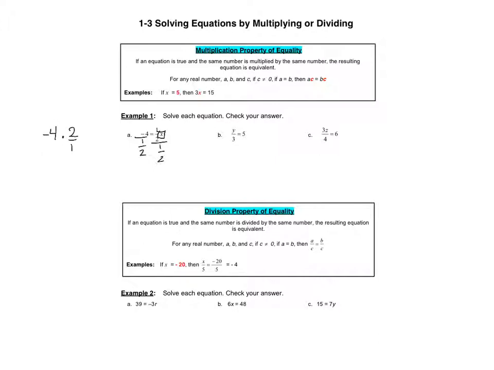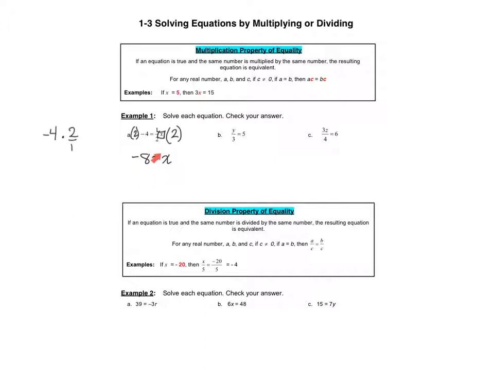So some people, when they're dealing with fractions, like to skip a step. Instead of dividing by 1/2, since it's a fraction here, they know right away to multiply by the reciprocal, to multiply both sides by 2/1. Well, 2/1 is really just 2. So I can multiply both sides by 2, and I get -8 equals x. I can plug that back in and make sure that I'm correct, especially with fractions, because we're usually a little worried about fractions in our answers. So if we have 1/2 of the x value, -8, well, 1/2 of -8 is -4,